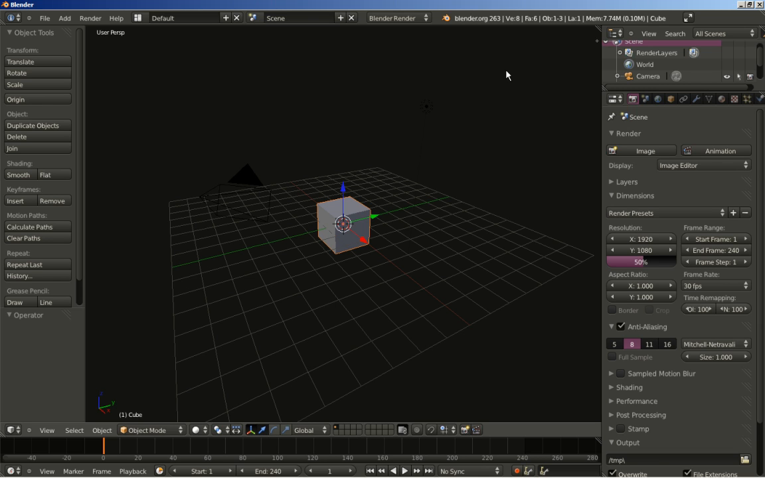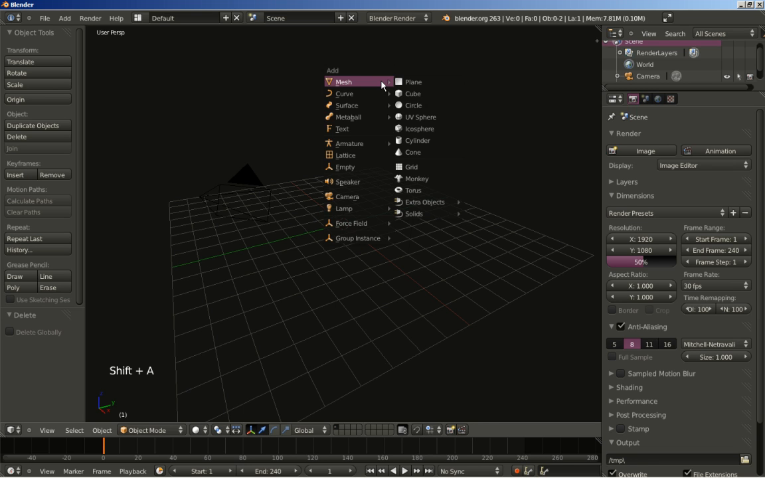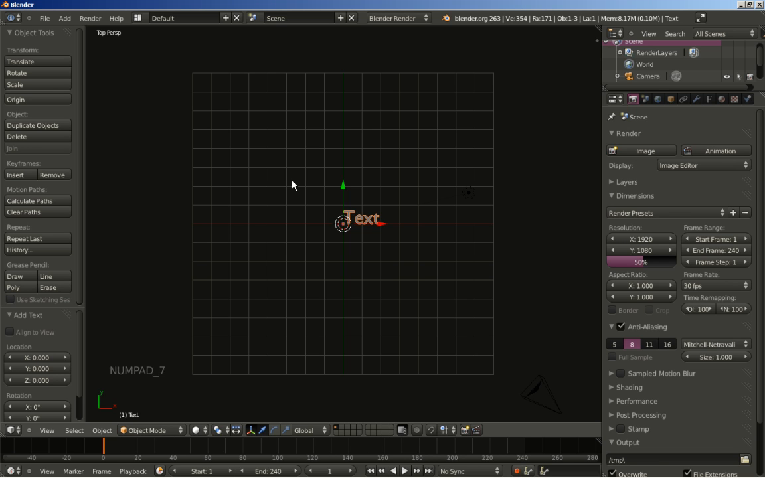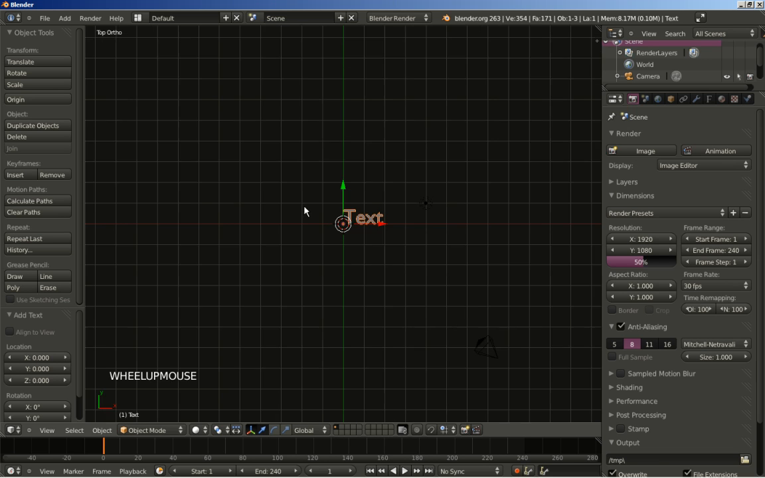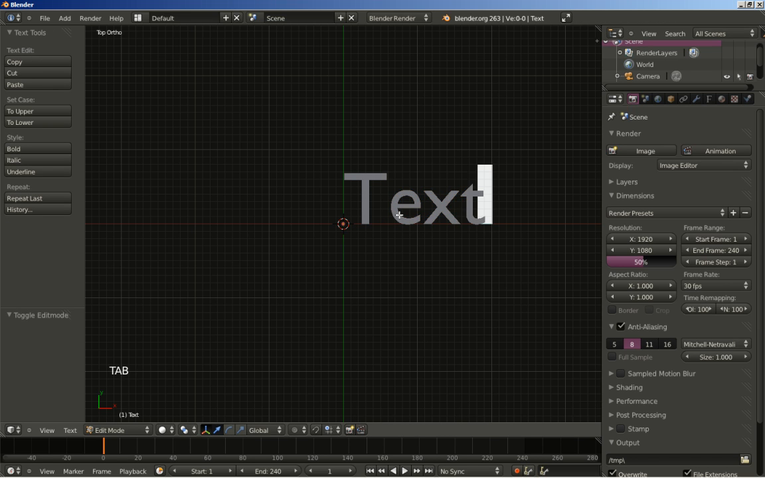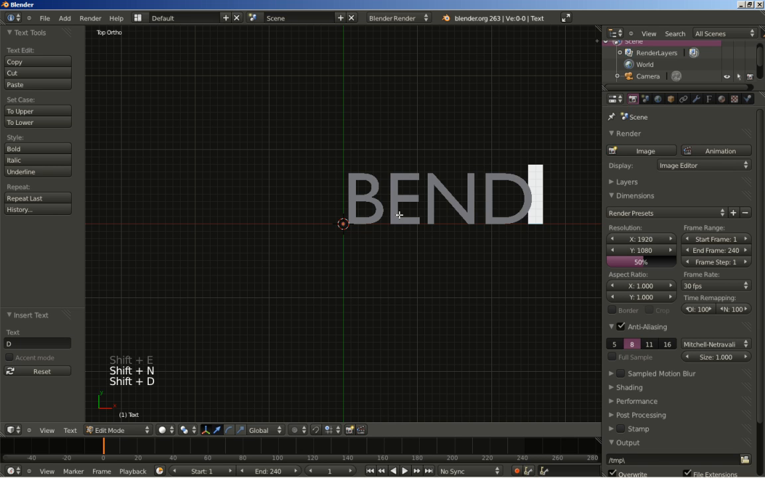So the ideal object to create a nice example for it is, I'll hit the delete key to erase the default cube, and I'll hit Shift A to add a text object. Now I'll hit 7 on my numeric keypad to switch to top perspective view and 5 to switch to top ortho view. And while the text object is selected, I'm going to hit the tab key to switch to edit mode, and I'll delete the text and write down bend. Now tab key again,